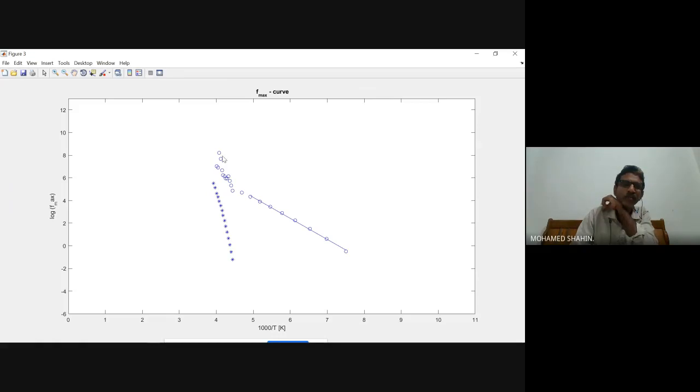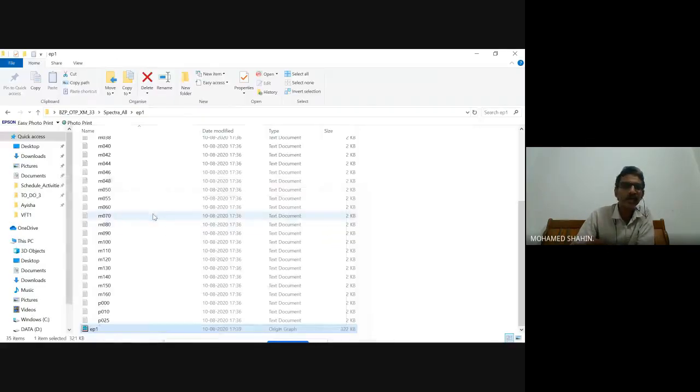Now, when you are reporting, you can see that frequency maximum is 8. Don't show this because our experimental limit is 10 raised to 7. So don't show data beyond 10 raised to 7. If you are showing that, you have to put a very large error. Anyway, if you show something here, people will not believe it. And this can be found by seeing the errors also.